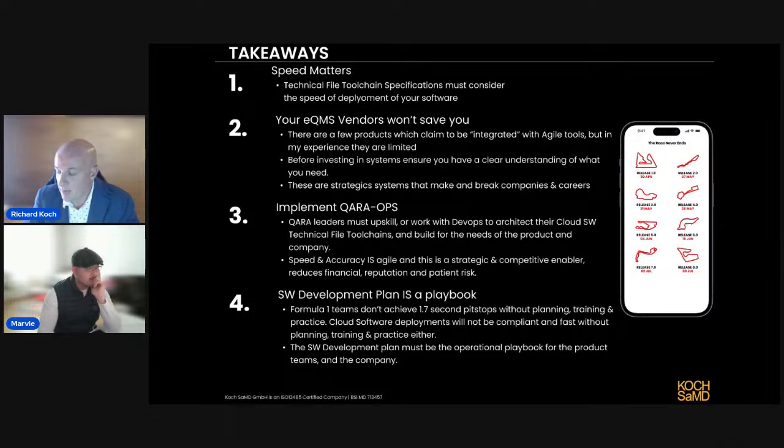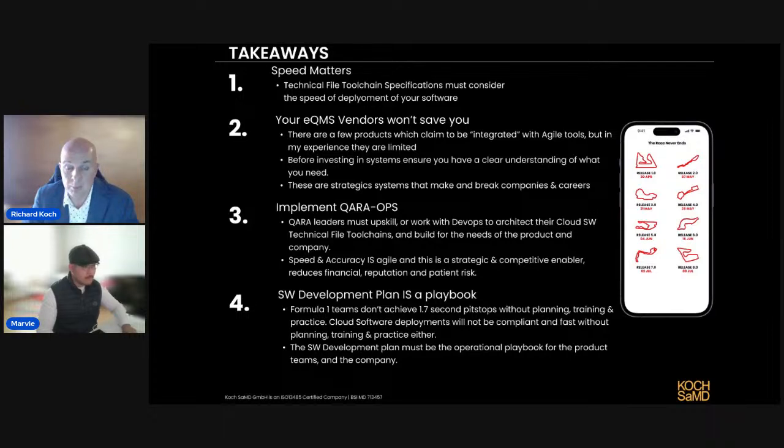Number 3 would be to encourage QA/RA leaders to implement what I'm calling a QuaRops approach to their organizations. So in software development, you've got DevOps, which really support the development of your code and your software products. And QA/RA leaders, I'll be a little bit general here, I make a little joke. They have really great systems for 2006, right? So, you know, for the technology that existed 20 years ago, they were pretty good,